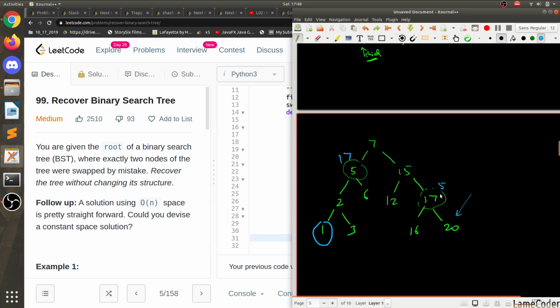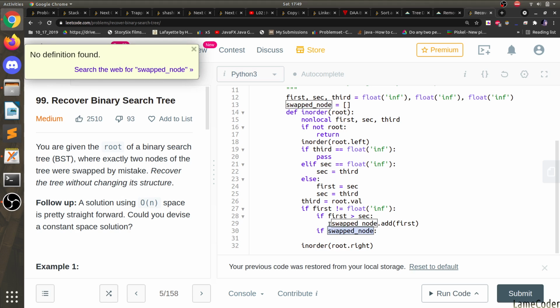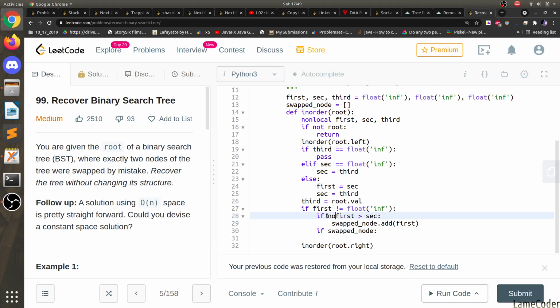So if at any instance second is greater than third, or no, rather second is less than first. This is our second, this is our first. Okay, second is less than first. Yeah, we have to use the same thing. If swapped node, then okay, so we have to add one more thing here. If not,